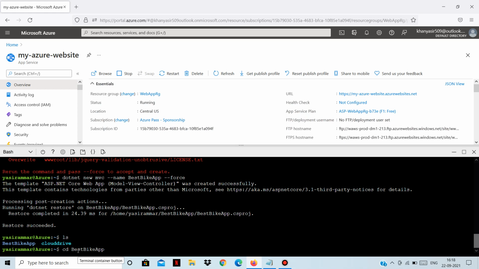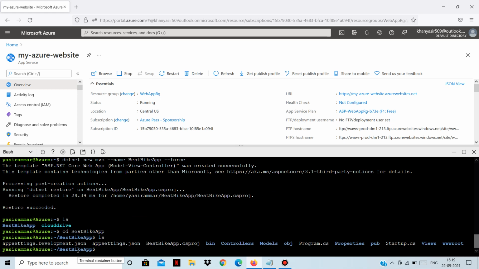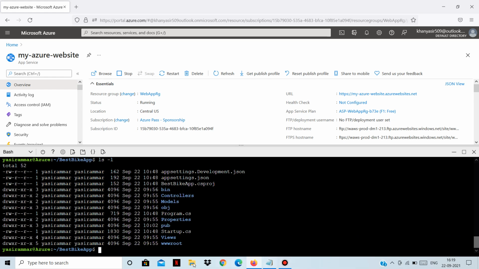So this CLI supports Linux commands because it is actually based on bash. Okay, now let's see what all the files are present here. So there are different JSON files and various other folders and files. Okay, you can have a detailed look as well, what all the permissions and what all the various files are there.